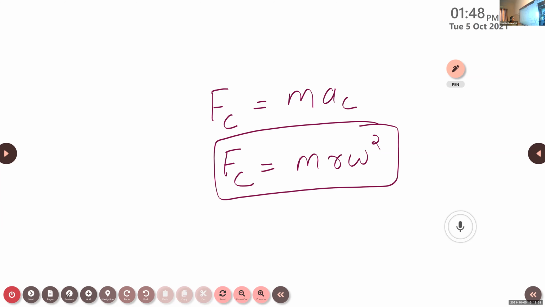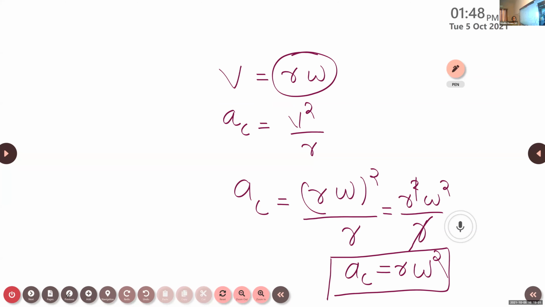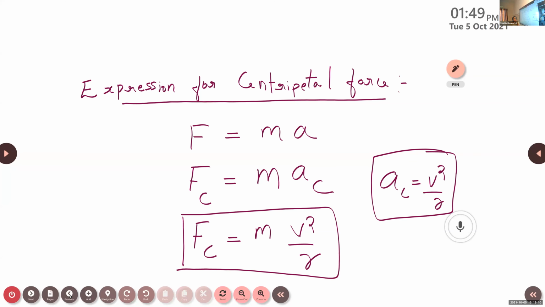So centripetal force is the force that keeps the particles moving along a circular path. And here we are deriving the expression for centripetal force. We are starting with the expression for force. F is the product of mass into acceleration. Therefore, Fc is equal to m into AC, where AC is the centripetal acceleration and Fc is the centripetal force. Fc is equal to m into V square by r, because centripetal acceleration is equal to V square by r. We just substitute the value of AC here. This is one equation for calculating the centripetal force.